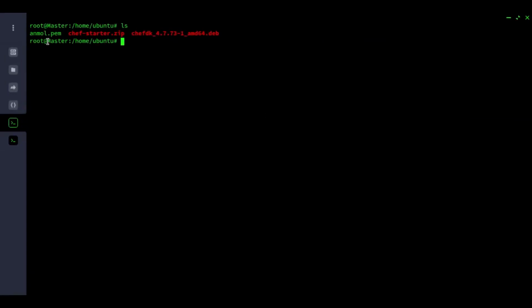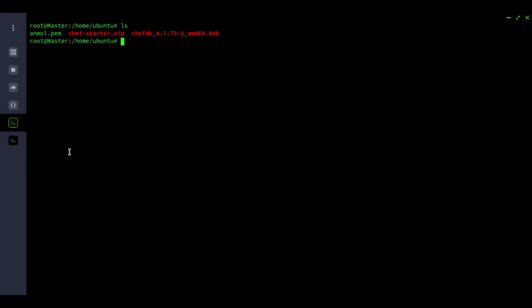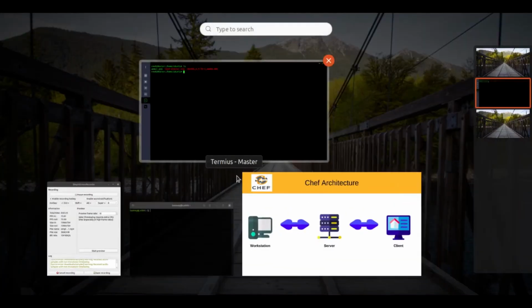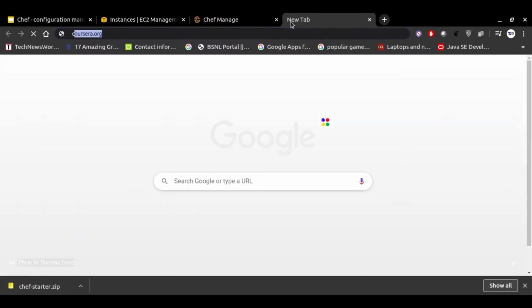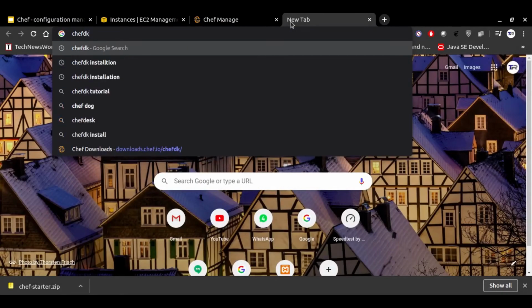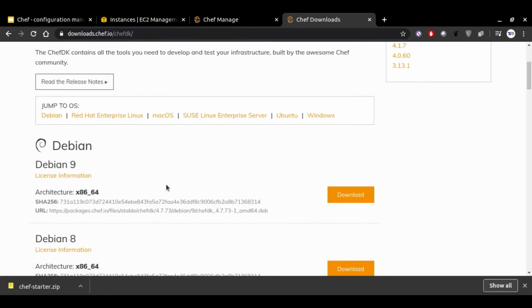We have two EC2 instances running on Ubuntu 18.04. One is master and another one is slave. In order to install Chef on our master, we have to go to the Chef website. You have to type Chef DK on Google, and once you type Chef DK, you'll get the first website. Just enter there.